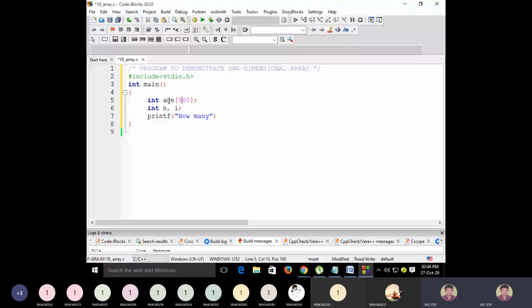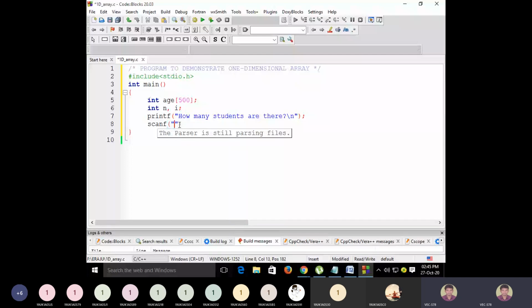That's why we declare age of 500 or age of 1000, but there may not be 500 students. So that's why we ask the user how many students are there. So he enters some number, say only 10 students are there in my class.